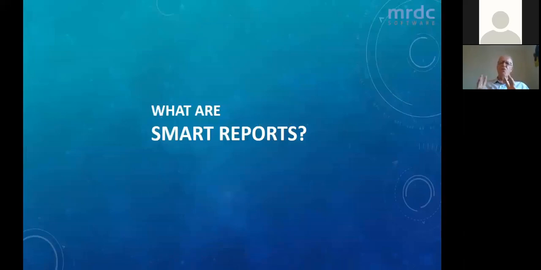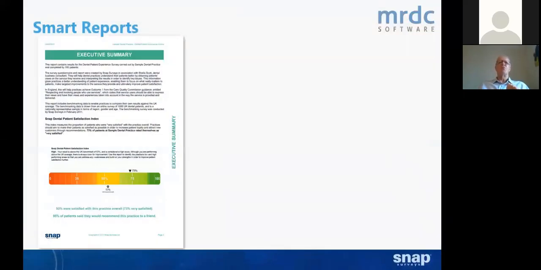So you can do all these top line counts and charts and tables. A smart report is something like this, more what I would call a PDF document. So this is something that you can produce that's automatically generated out the back of a project. So you would set this up and you can see things like this. So I'm just here highlighting with my mouse. I don't know if you can see it, 73%. So that figure's been dynamically pulled into the data so that it appears in an executive summary that someone can